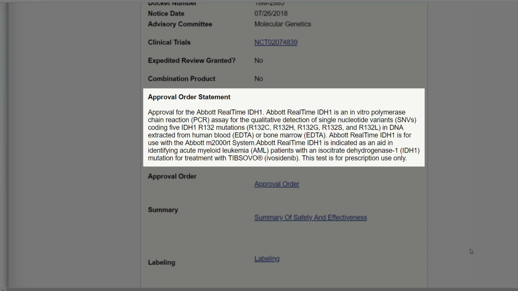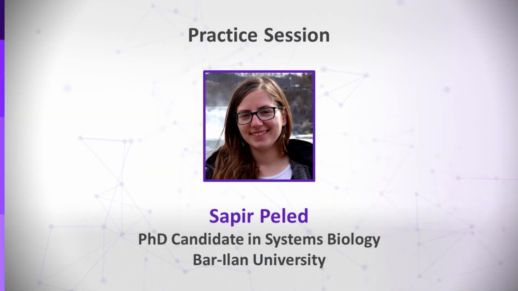To conclude this unit's practice sessions, I would like to review a computational approach for drug search that we saw here. We start from a pathway and focus on a gene, understand the gene's associations, and find drugs that target it. We can find relevant companion diagnostics in order to check if the drug will be effective for a patient. If there are no companion diagnostics, find other drugs for genes from the same pathway. When we understand that genes do not operate alone, but are part of pathways and interact and associate with other proteins, we can design better drugs and have a better understanding of biological conditions.